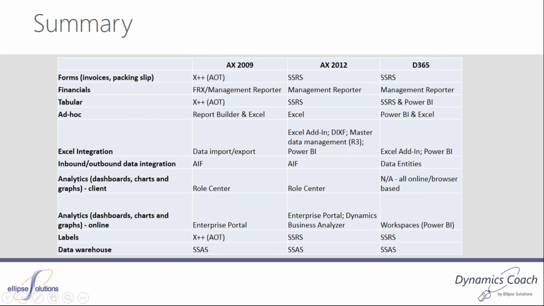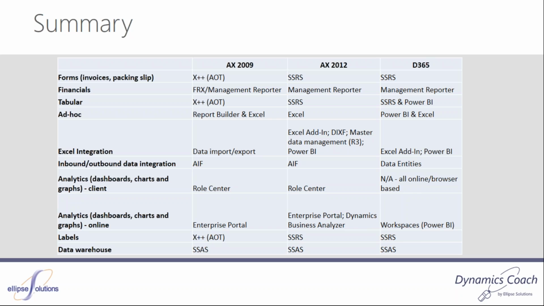So this is a summary for you because I just talked a whole lot with a lot of complicated information. This is a summary form based on each AX option, so 2009, 2012, and then D365. And on your left side, you're going to see all the different types of reports that you may need: forms, financials, your Excel integrations, and what we recommend that is used